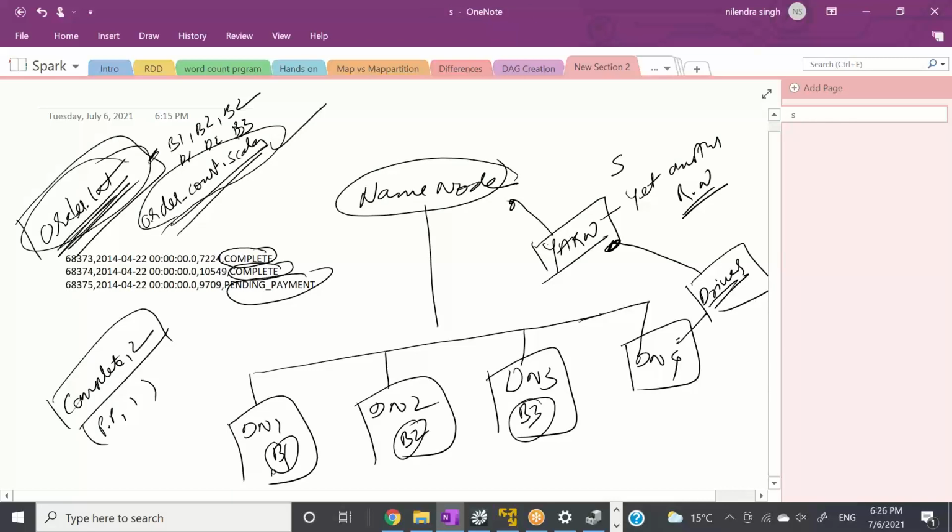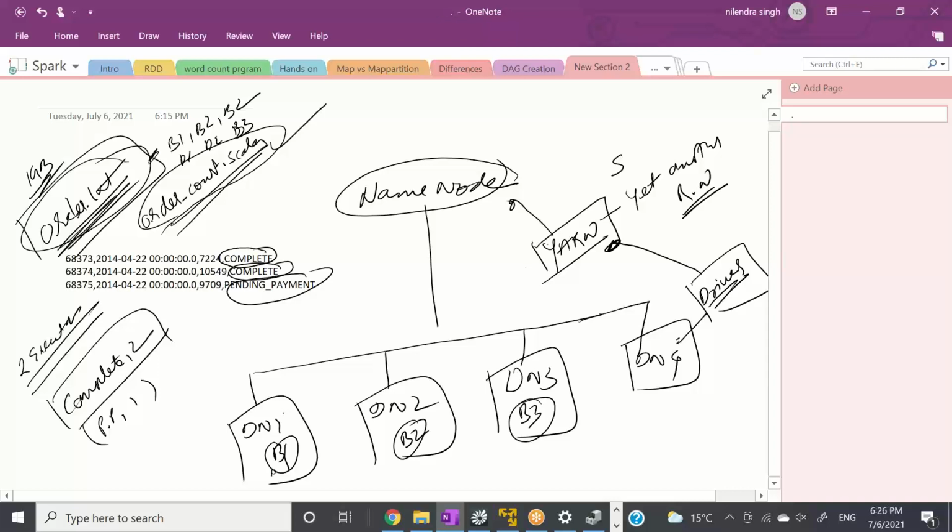Now let's say, as a programmer, you know that the volume of this file is 1 GB, and to process it you will need 2 executors. You can decide as a programmer that you need 2 executors, or 1 executor, or if you don't give any executor number, then there is a default parameter. So let's say you ask your program to run this job with 2 executors. What YARN will do is create 2 executors, or 2 containers.